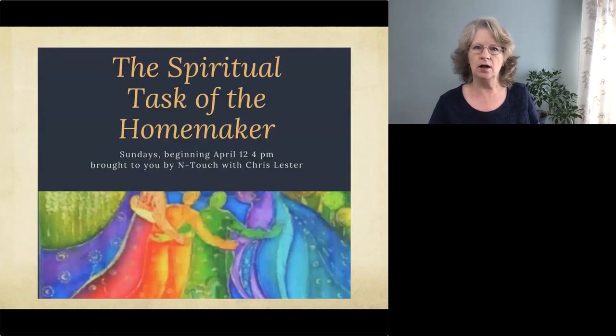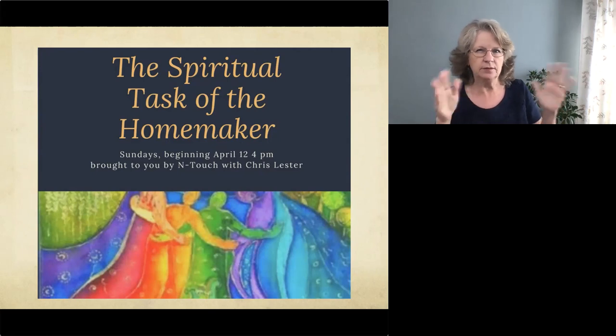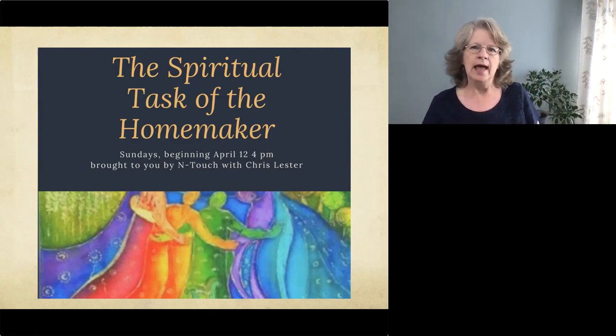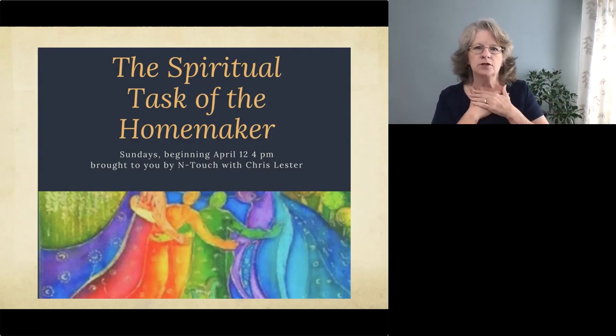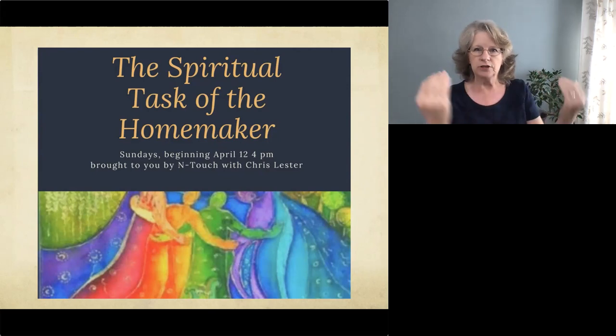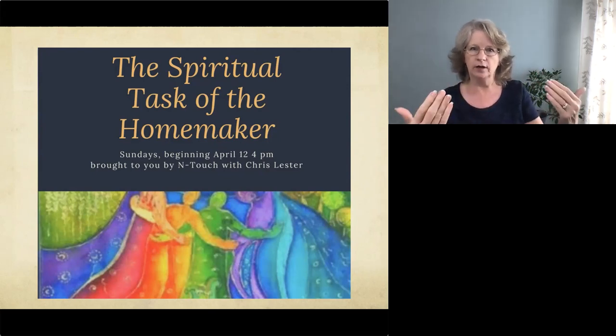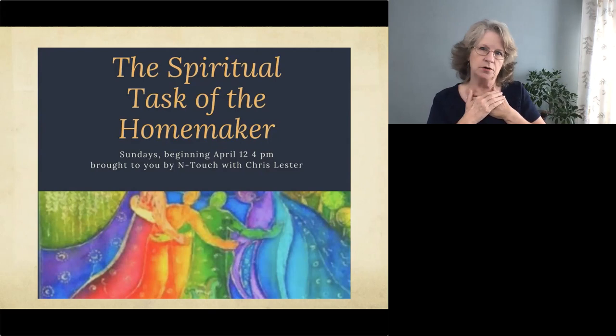a book study on Sunday afternoons at 4 o'clock. I just sort of picked that time because it worked for me. And I thought, well, babies will be up from their naps and it's not quite time to fix dinner yet. So maybe that would be a good time. The book that I chose is one that is so dear to my heart. So my advice to you is, if you decide to reach out to potential clients by offering a book study, choose something that's dear to your heart.